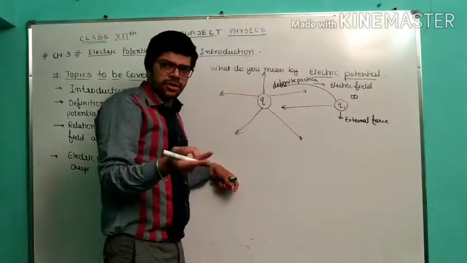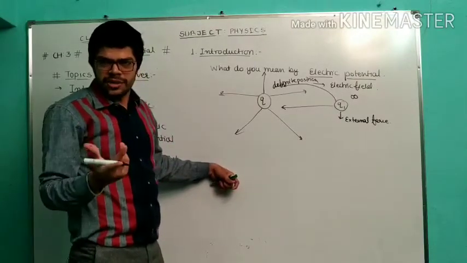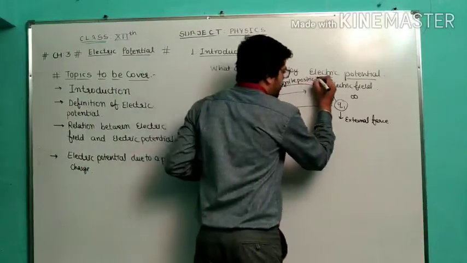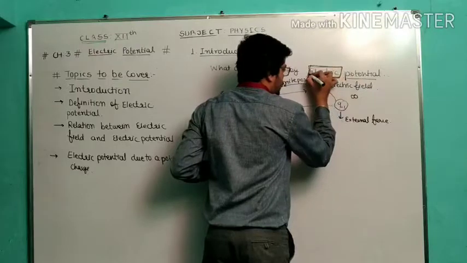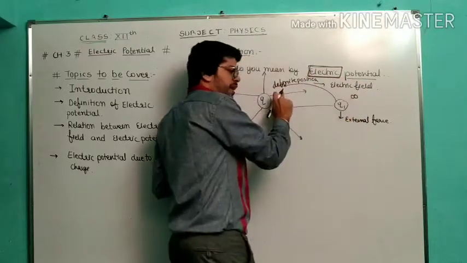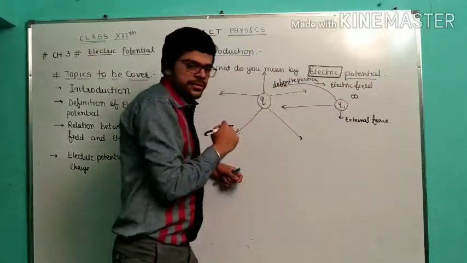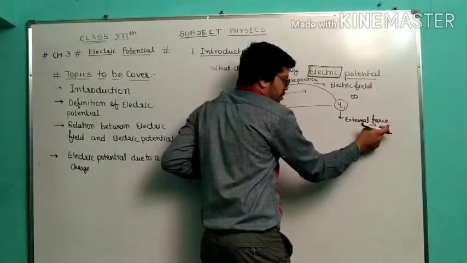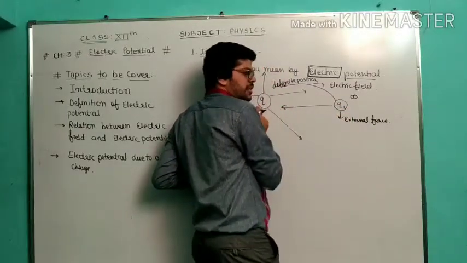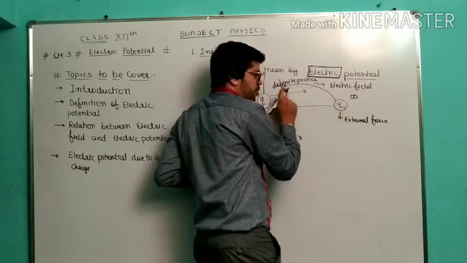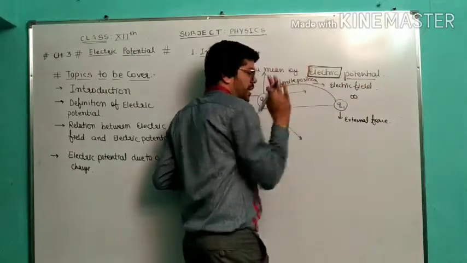In general talk, we say things like, I will see how much potential you have. This type of term we are using. Here also we are using electric potential. The potential of electric charge to bring the charge from infinite to definite. So for this we are working using external force. This external force is just pushing this charge towards this charge. So from infinite to definite position in the electric field, when it comes, it is called electric potential.